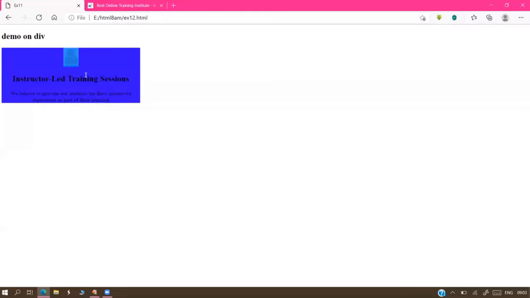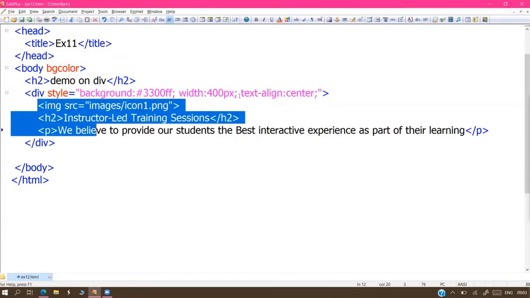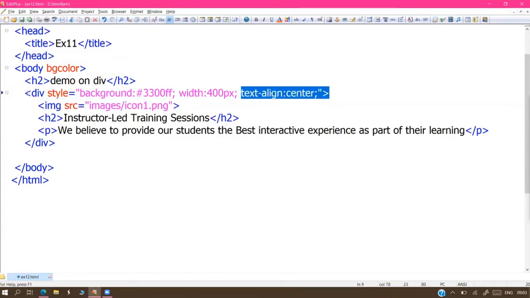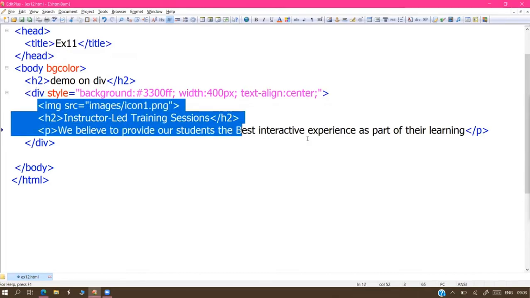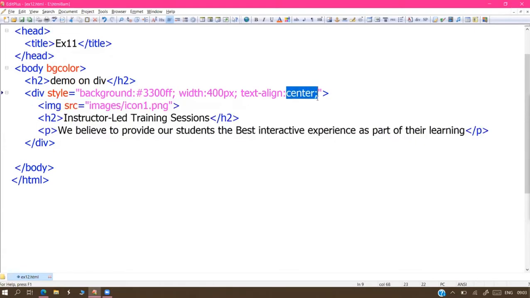And now the content is aligning in the center. Here the content is inside the division tag. Think of it as a division tag, because observe that we applied this property not on the image tag, not on the page 2, but on the division tag. Between the division tag's opening and closing, whatever content is available becomes a central element. Whatever items you grouped inside the division tag all become central elements.